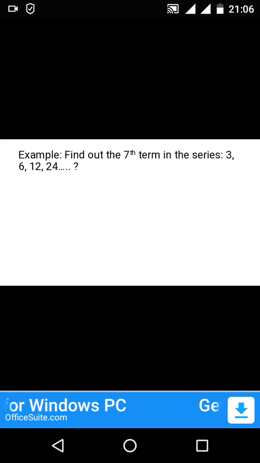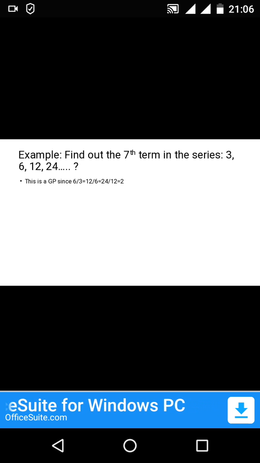Now let us take an example. Find out the 7th term in the series 3, 6, 12, 24. What is the first thing that you need to do? You need to cross check whether this series is a GP or not. How do we do that? This is a GP since the second term divided by the first term, the latter term divided by the former term,